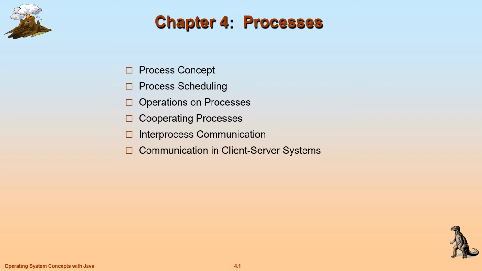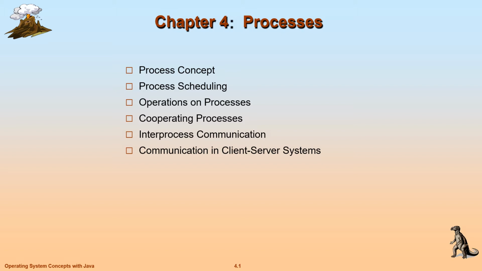Now, a system therefore consists of a collection of processes: operating system processes executing system code and user processes executing user code. Potentially, all these processes can execute concurrently, that means operating system processes and user processes. The second thing is switching the CPU between these processes. The operating system can make the computer more productive and powerful.